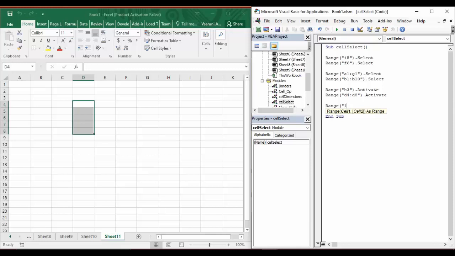Suppose you write 1 like this, and again you write 1 like this. And what I'm going to do is actually use the select function over here. So just put a dot and use the select function.